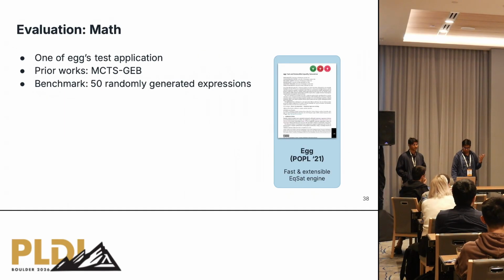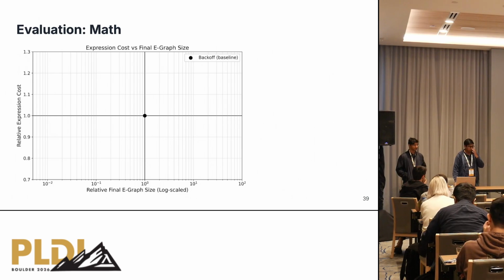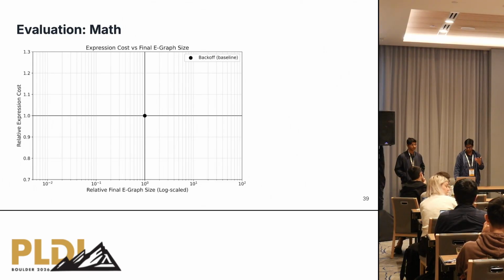So math is effectively a simple algebra language, and it has been used in prior works like MCTS for evaluations. Similar to MCTS, we randomly generate 50 expressions and evaluate on that. We aim to analyze 2 key metrics, one being the expression cost relative to the baseline, which is the backoff scheduler, and the second metric being the relative size of the final eGraph. A good scheduler should ideally lie in the bottom left quadrant,